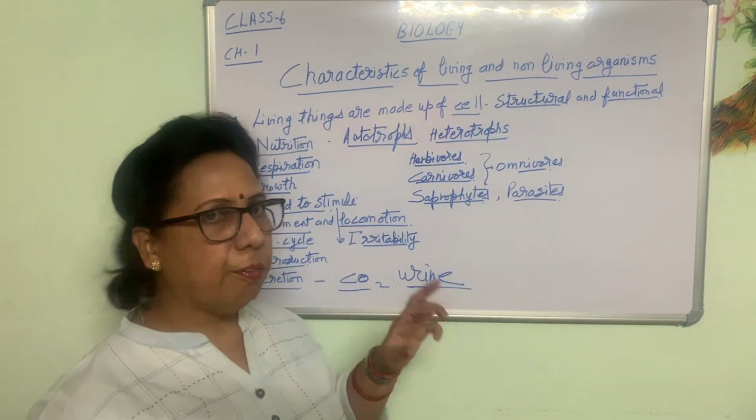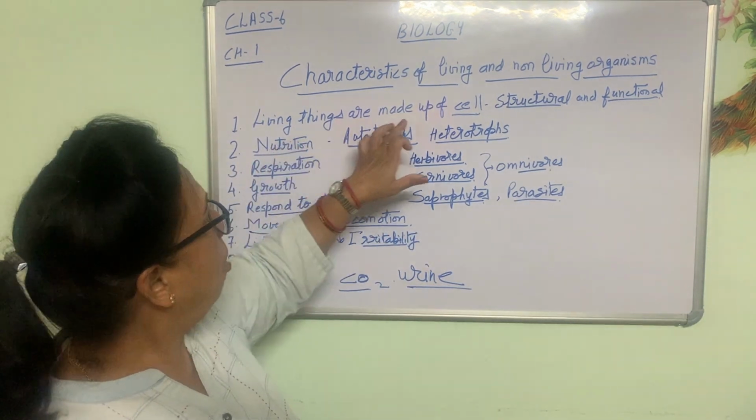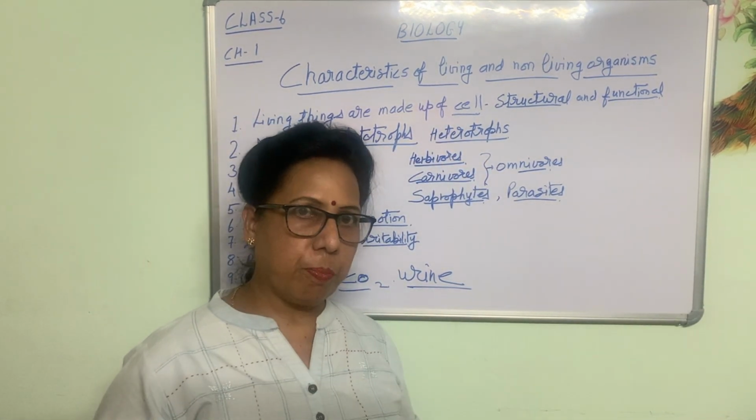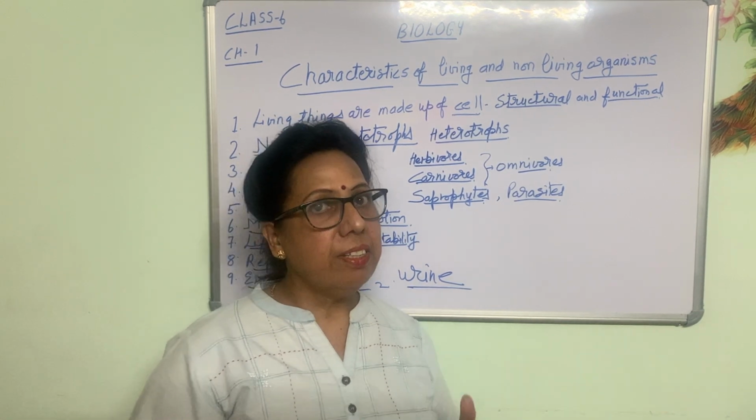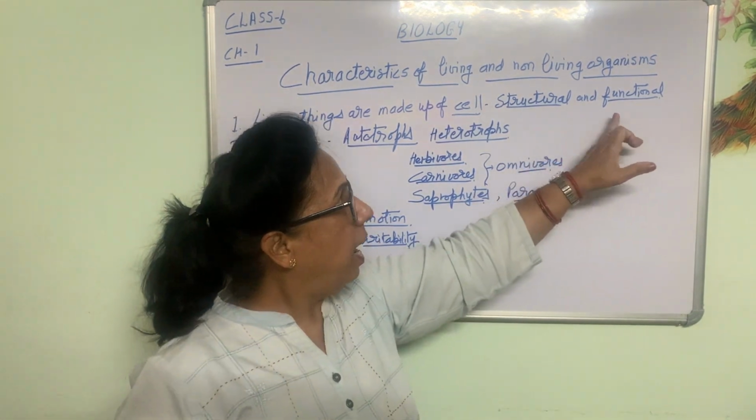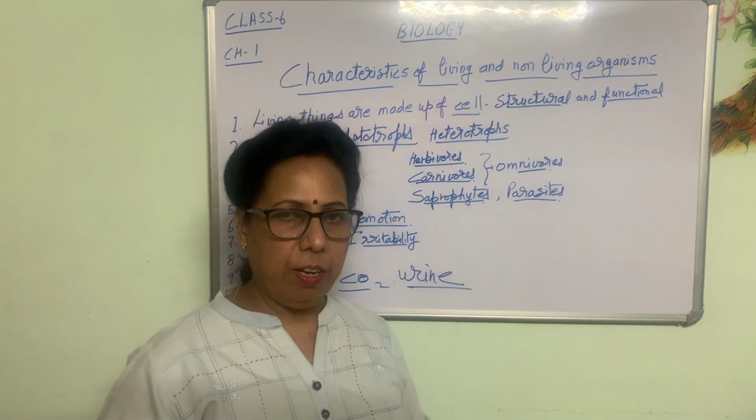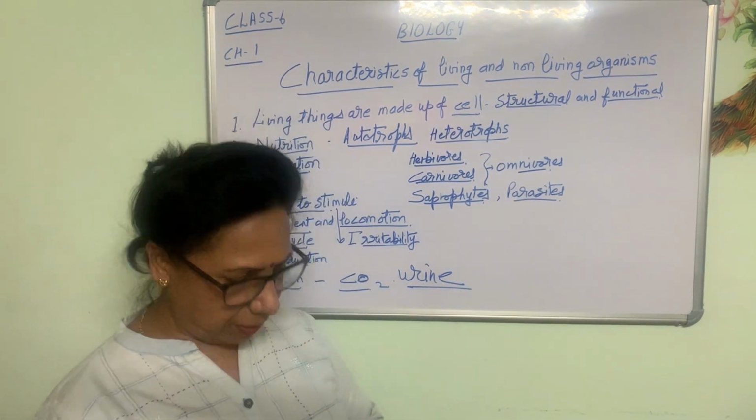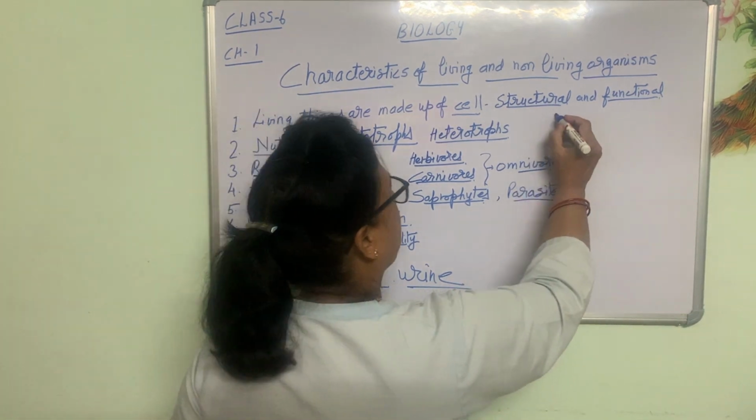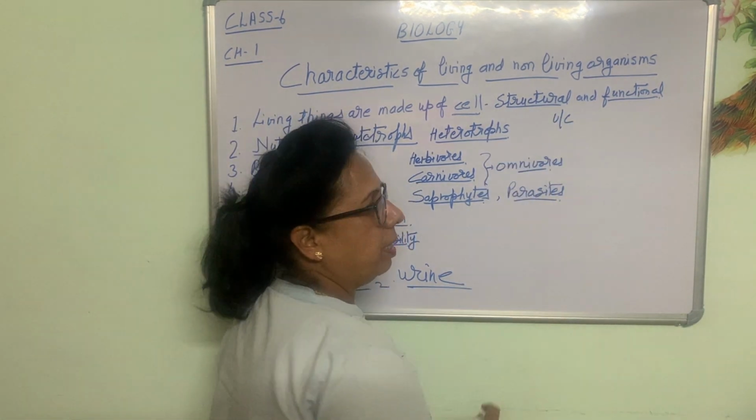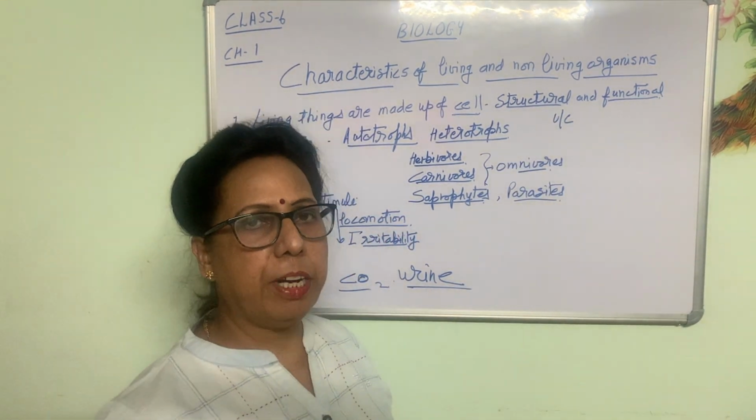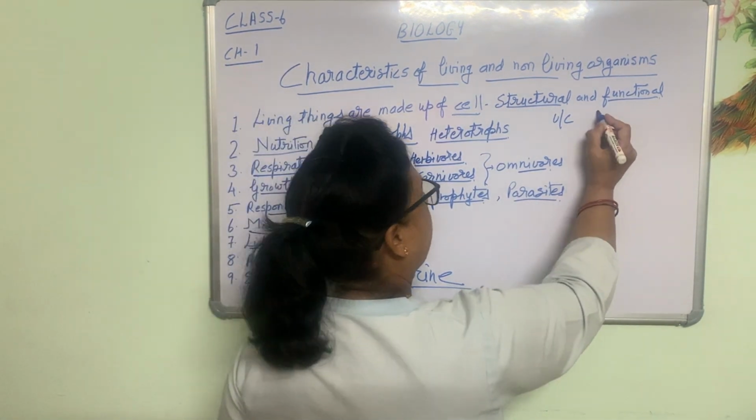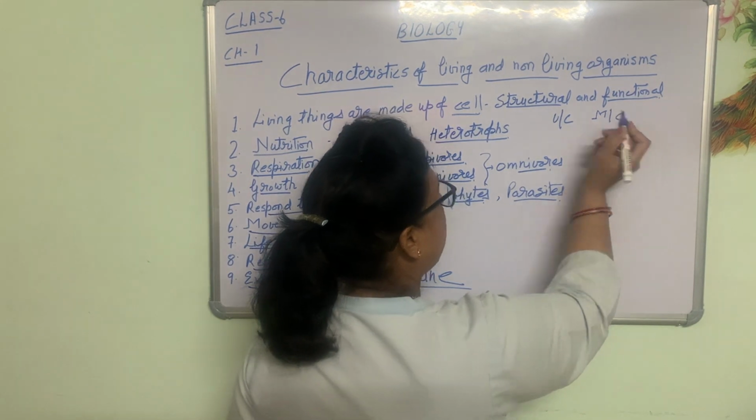Now here the first and most important: all living things are made up of a cell. What is a cell? Cell is the structural and functional unit of life. All of them are made up of cells. Some organisms are made up of a single cell, then they are known as unicellular. Some organisms are made up of two or more cells, then they are known as